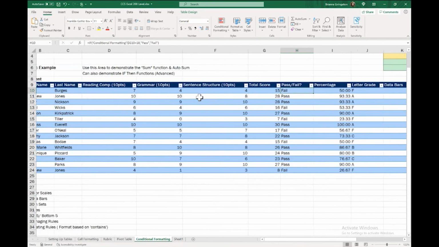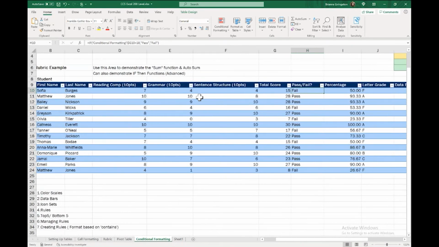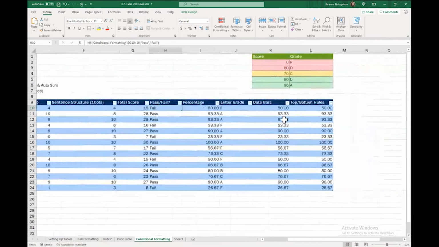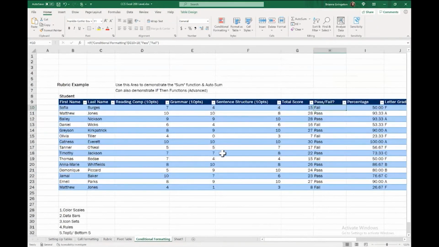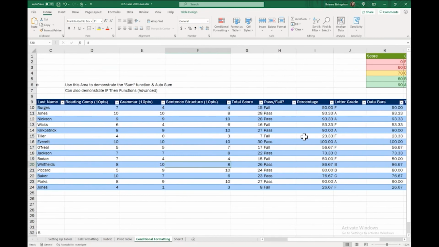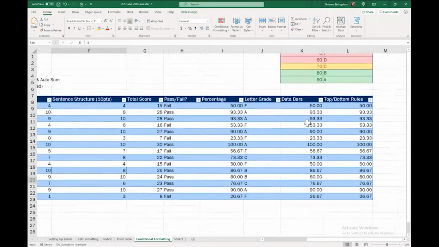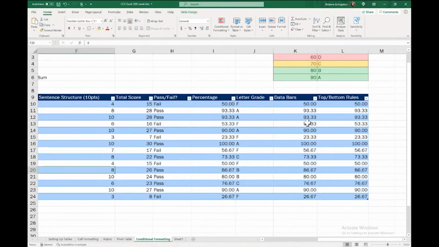So yes, the first thing I'm going to do is, yeah, we're going to create a new rule. Actually, I'm going to do that one last. So we're going to do data bars first. I'm going to do the rules last because they're a few extra steps. I want to do data bars. So I want to look at this percentage, and I want to have it filled by visible bars that you can see. If it's 100%, the bar should be all the way full. If it's 50%, halfway full, and vice versa.